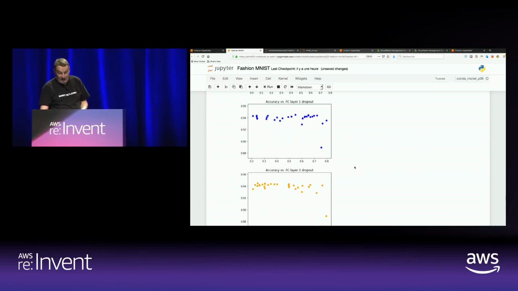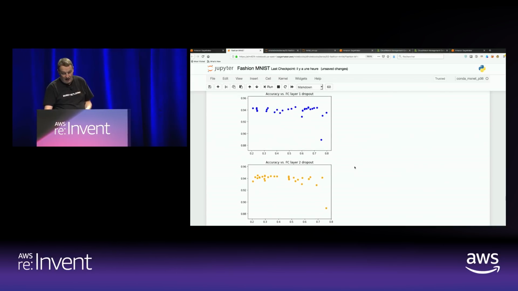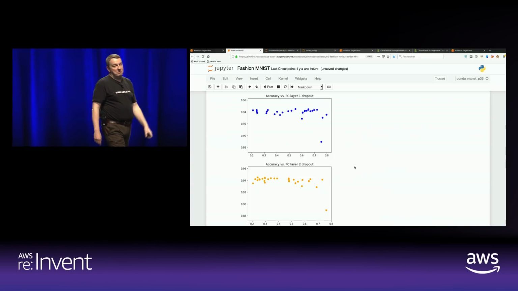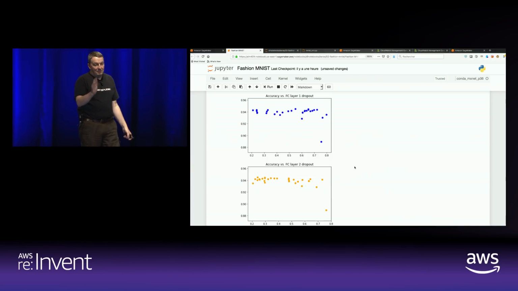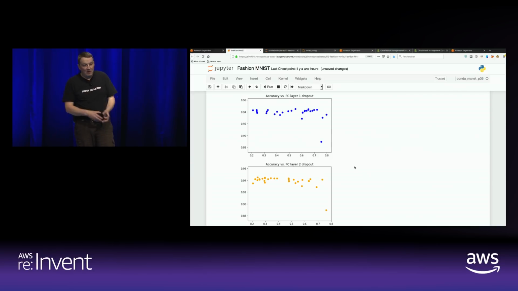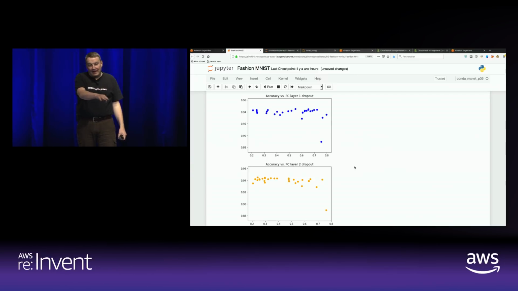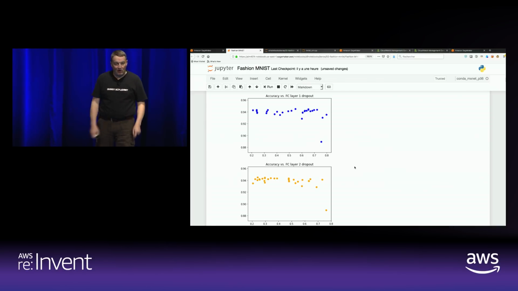And for the fully connected layers, again, for the first one, there is no clear trend. So now I understand why people tend to use 0.4 or 0.5, because I guess it's a reasonable value. For the second layer, we can see if we have excessive dropout, we have kind of lower accuracy. But again, somewhere in the middle is